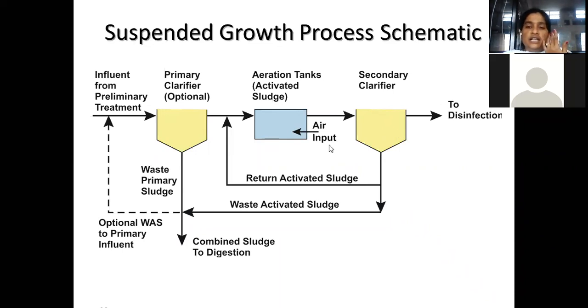In the secondary clarifier, we make them settle down at the bottom, and the remaining part moves forward. This settled sludge will be removed from the bottom, but we are not removing the entire sludge. Part of the sludge we are returning back to the aeration tank. Here you can see return activated sludge. So part of the sludge we are returning back towards the aeration tank.